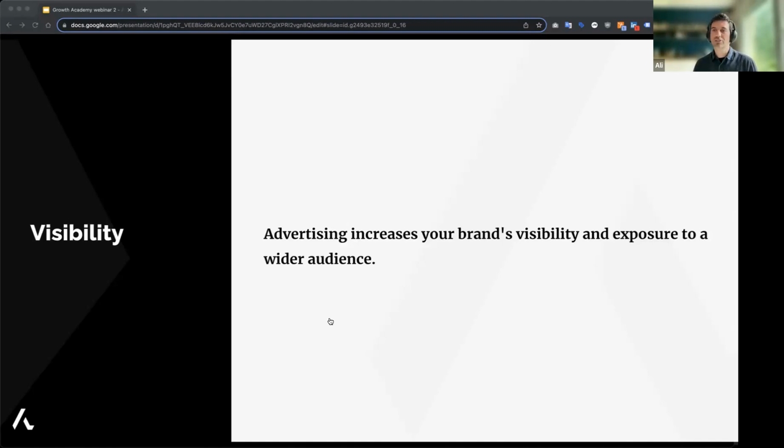So imagine if your organic presence is not yet there, you can use advertising to appear in Google search results pages. You can even take the top placements on those pages and make your brand visible. And even if you have a good online presence through organic, you can still do that and basically increase your coverage on those pages for your audiences.